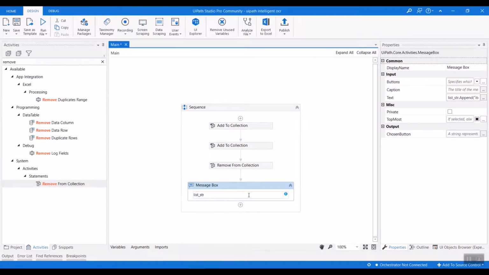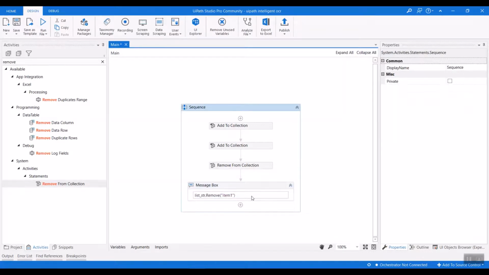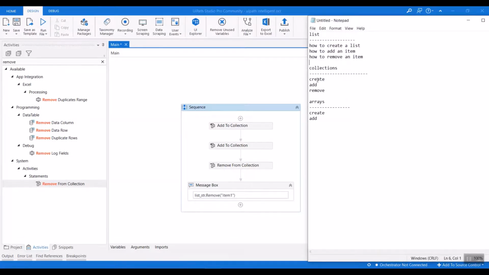Suppose list string dot remove and item as string. If you want to remove item 1, it will remove the item from it. So this remove is a method which is applicable for both list and collections. Okay, so how to remove is also done.